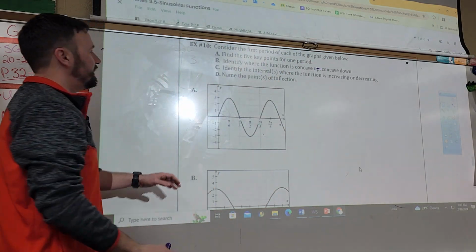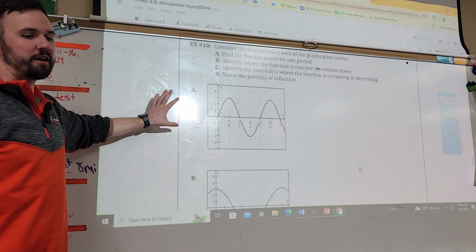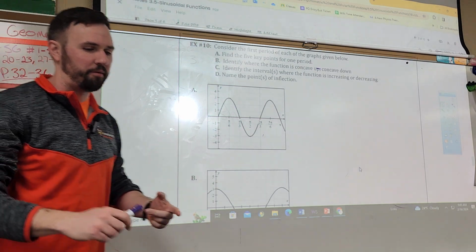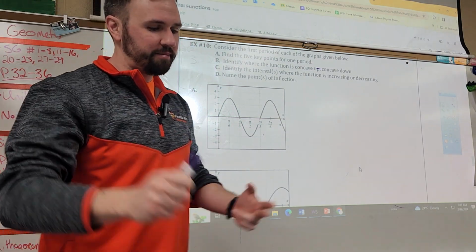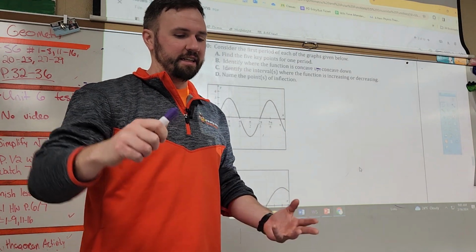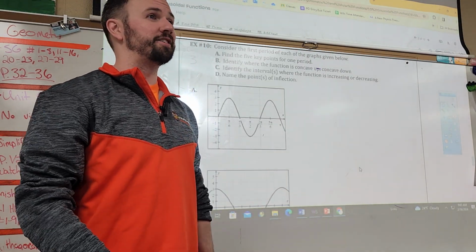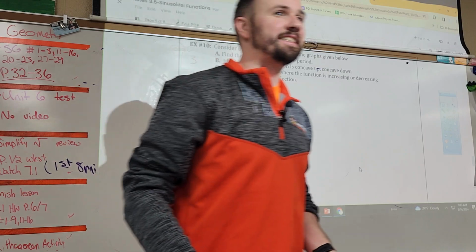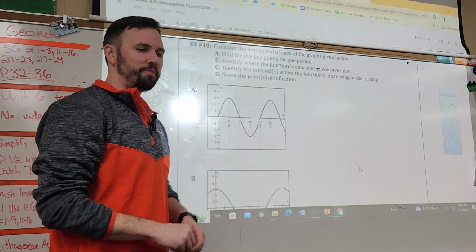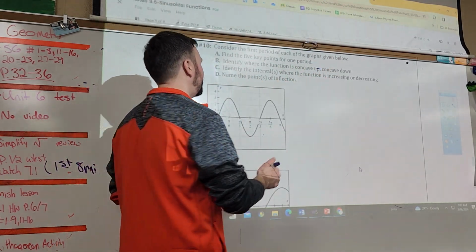So what we're going to do is we're going to take these graphs. We're going to combine everything. We're going to look at the 5 key points where it's concave up, down, the intervals increasing, decreasing, and the points of inflection. If this doesn't sound like it's fun, then you might be right. All right, so